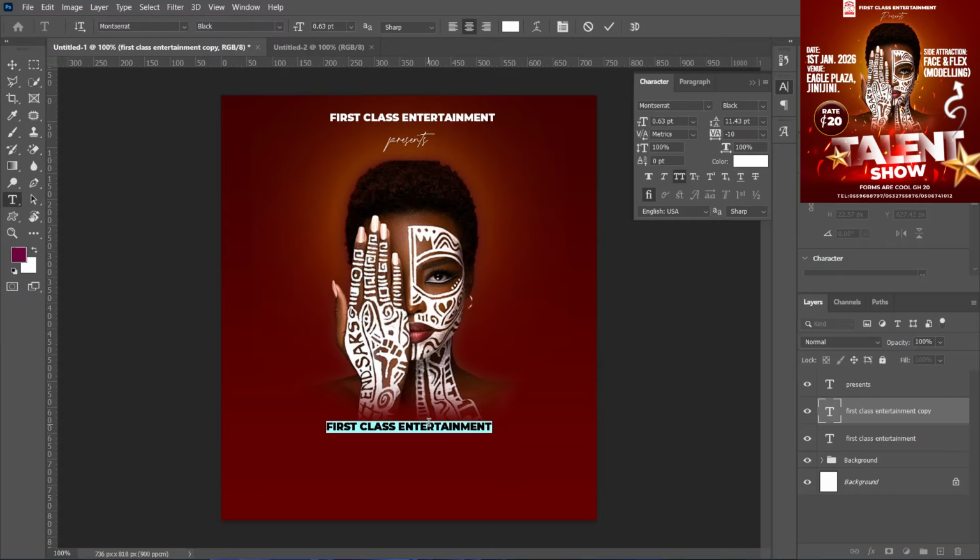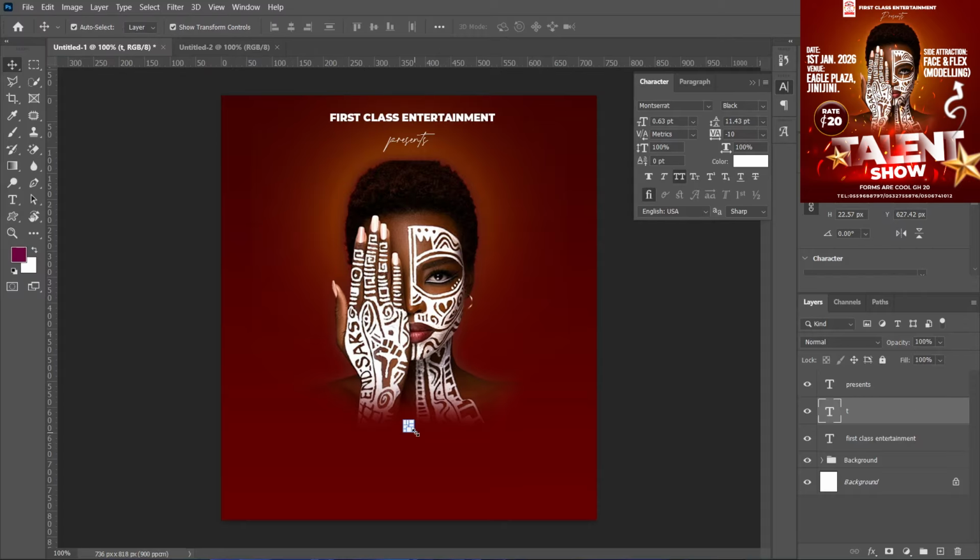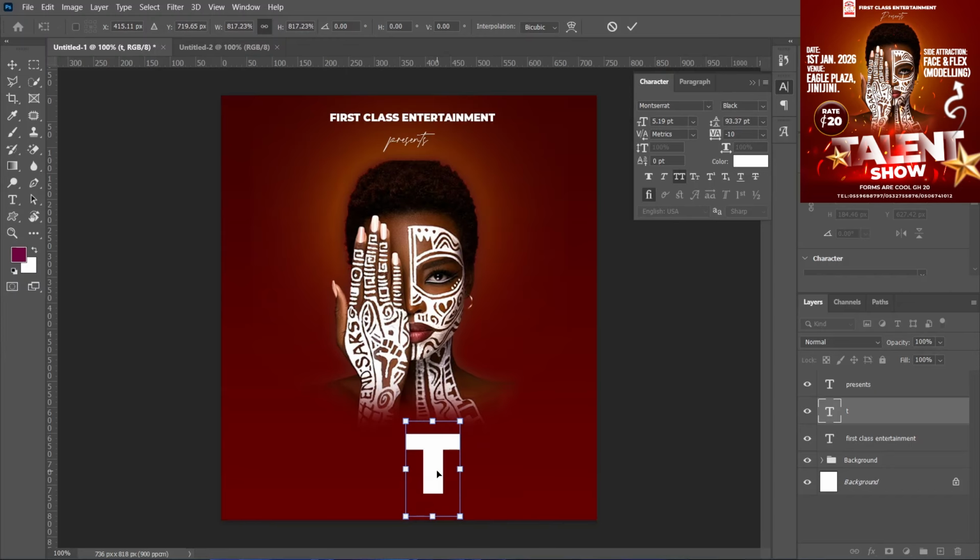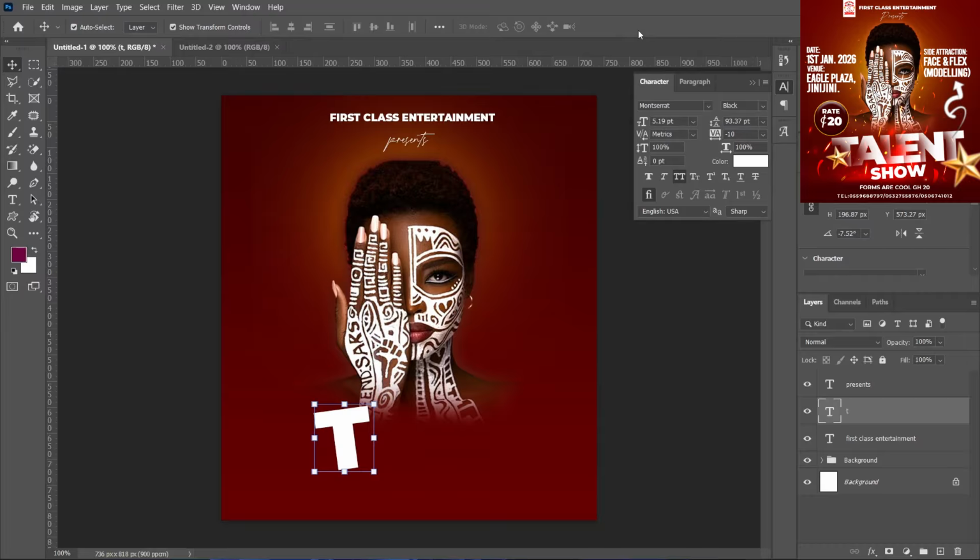So first of all, type your T, then make sure the T is very large enough. Then when you type your T here, see, yeah. Alright, so now I don't want us to type the talent together. I want us to do something small here. When you type your T,